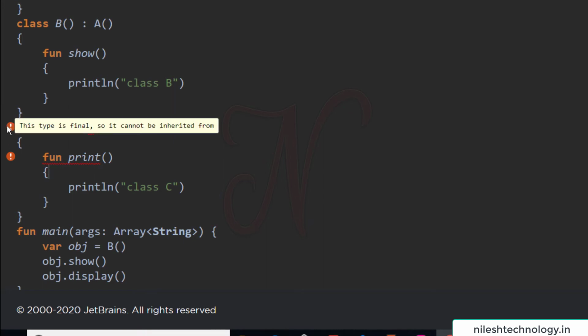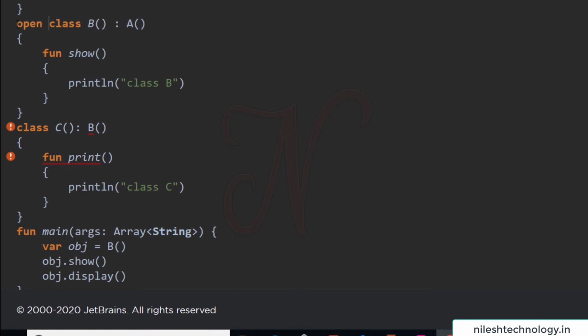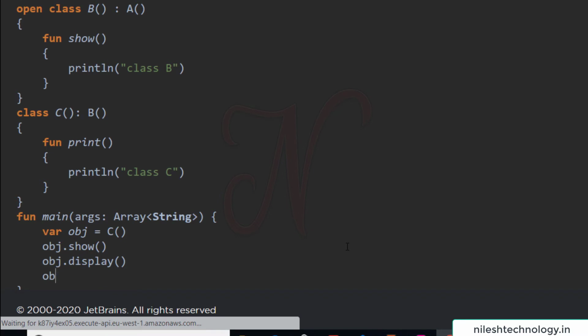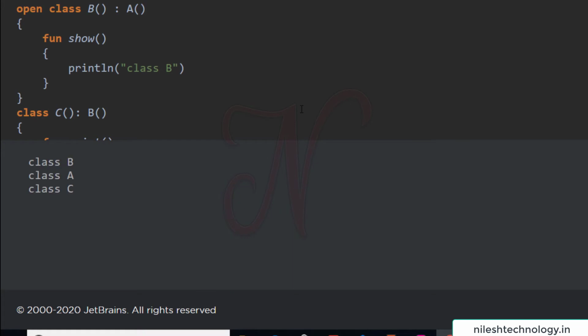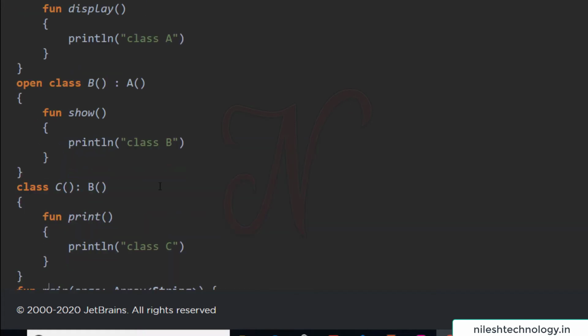Again it cannot be inherited, so here this class also needs to be open. Now we create an object of class C, and call the show, display as well as print functions. After running this code, we see the output for B, A, C.